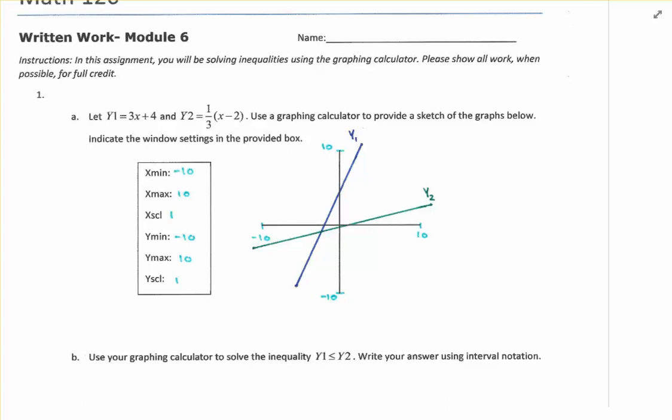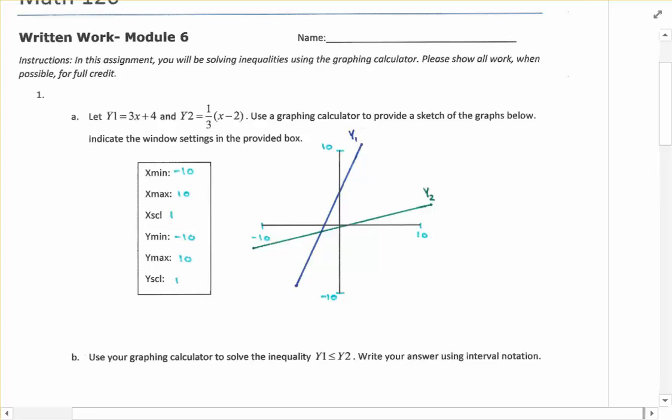So I'd like to go ahead and get to the real meat of this problem, which is part B, where it says use your graphing calculator to solve the inequality y1 is less than or equal to y2, and we're going to provide our answer in interval notation. This is a skill that's probably new to you, so I'd like to hit hard on this one. One key item is going to be the point of intersection,